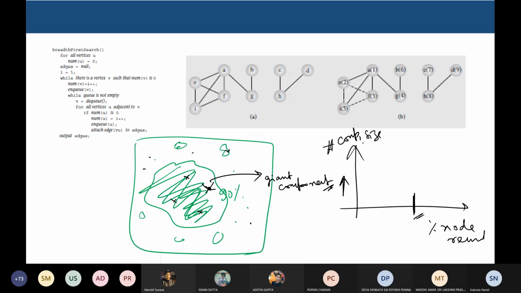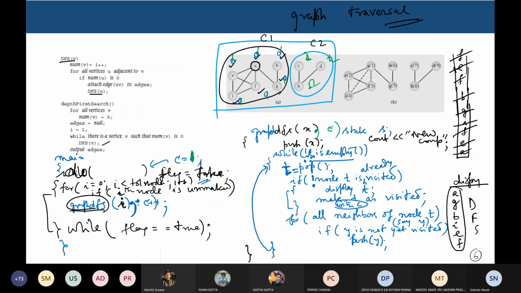Got the point? Yes, sir. So definitely this is not the area that we would like to study, but there are various uses of this information of component size, the number of components, and the impact of node removal on the components. So in the assignment I would expect you to implement this logic using DFS,